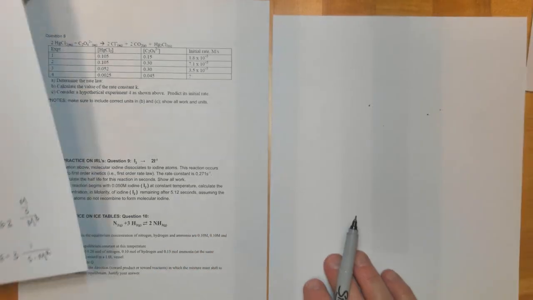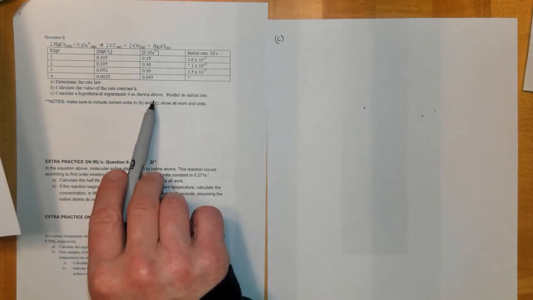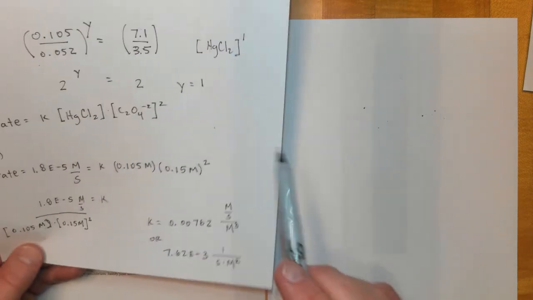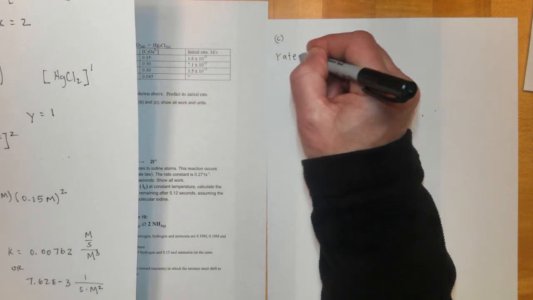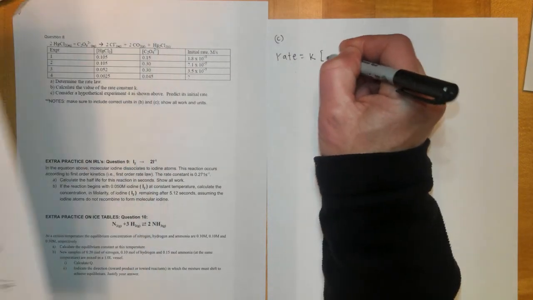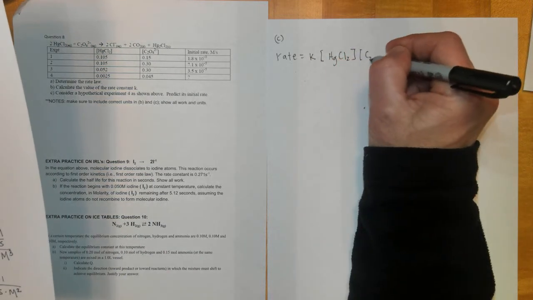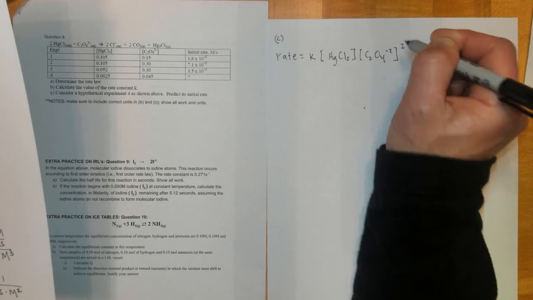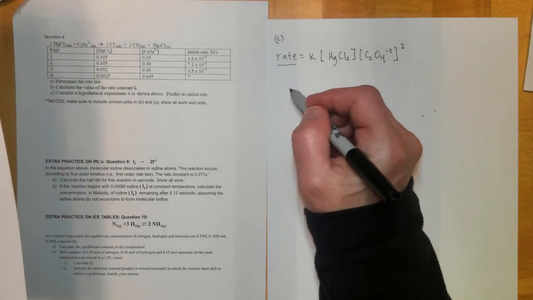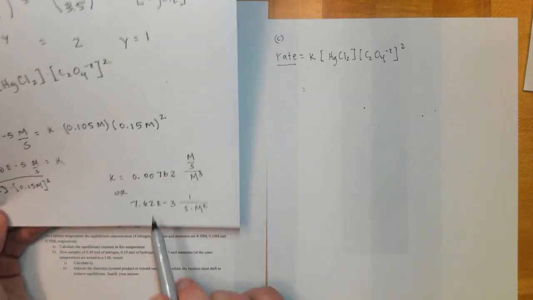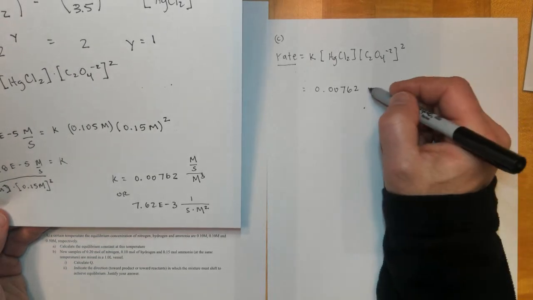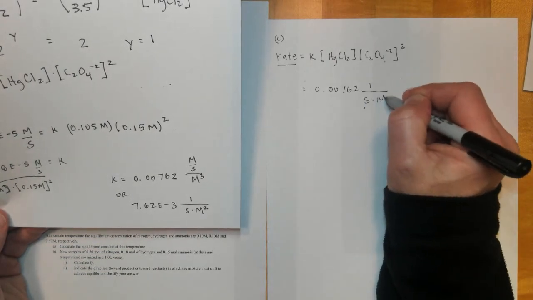Then part C ends up having us finding experiment 4 and predicting its initial rate. So we need to use this information from here to help calculate that, because we know that the rate law is equal to K, concentration of HgCl2 to the first power, times C2O4 negative 2 to the second power. And so we want to find this rate right here. We do know that K is equal to this 0.00762, 1 over seconds times molarity squared,